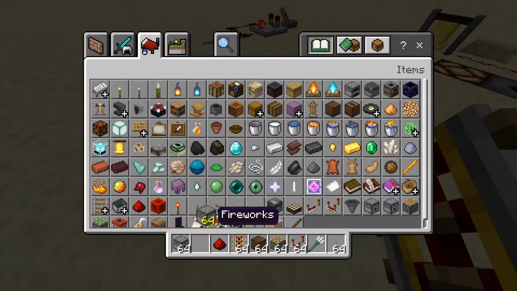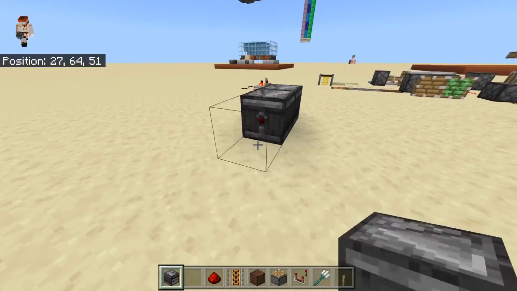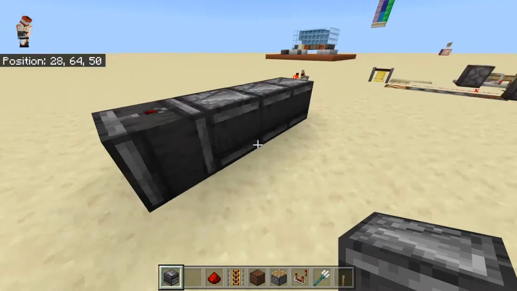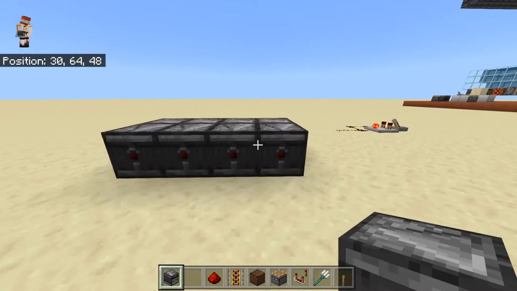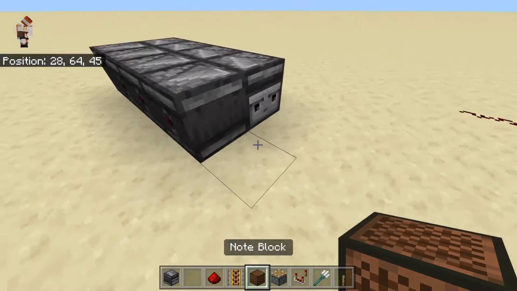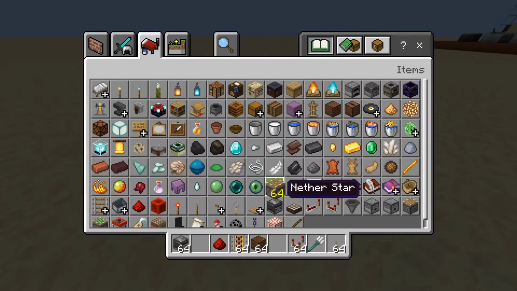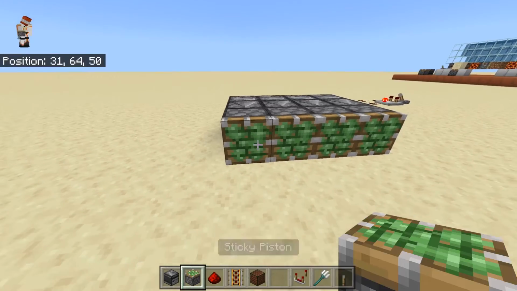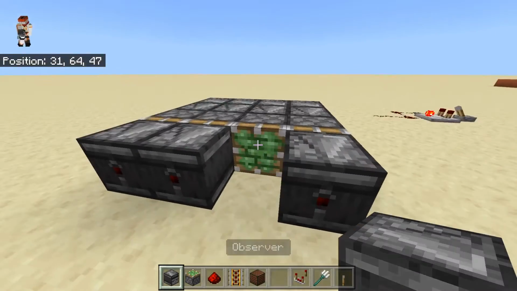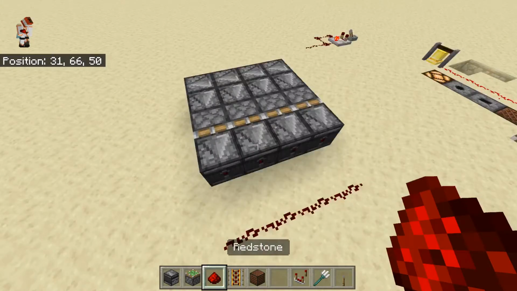So first I will do, and these are called 2 game tick clocks. So if I show right here, and we grab, so another way to create these P-tick pulses is an observer being 1 tick pulsed by a piston, so like this,